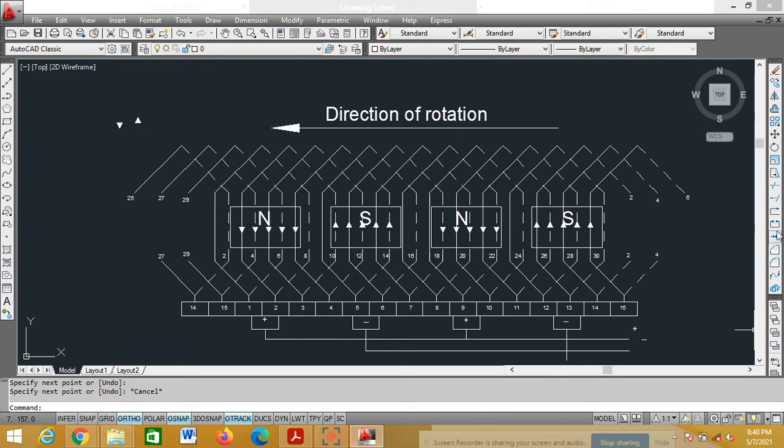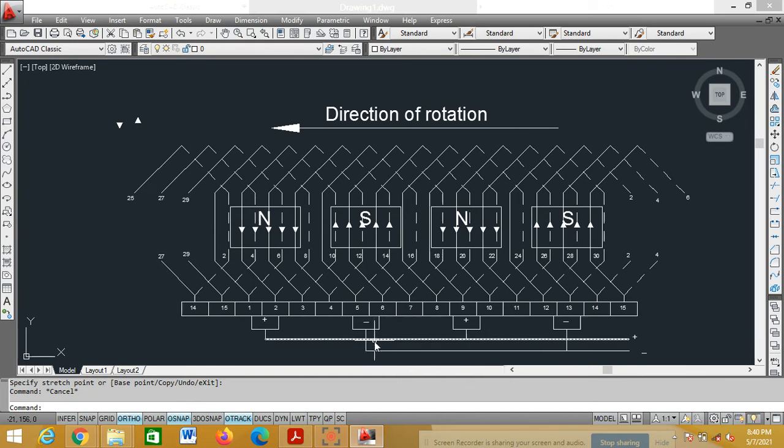Now you can trim. Right click, left click. So this is the positive and negative. Negative, you can move it downward. Positive, slightly downward. Okay, this is your positive and negative.